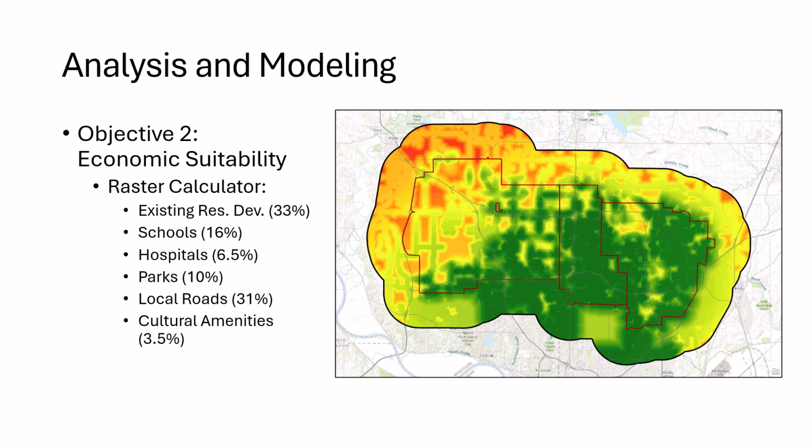And I do think that existing residential development and local roads is somewhat counting the same data twice. Local roads generally go to where people live. Most roads are roads to residential development. So I think you're inadvertently capturing the same data twice, and you're weighting both the heaviest. You're really putting your foot on the scale for existing residential development, and I think that has some negative impacts on the final result. Speaking of which,